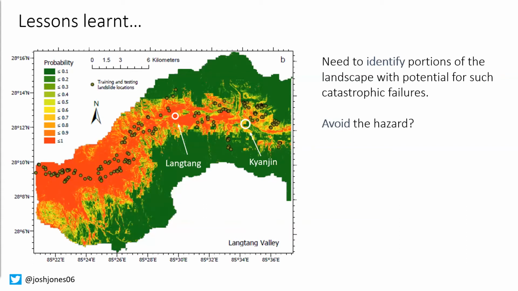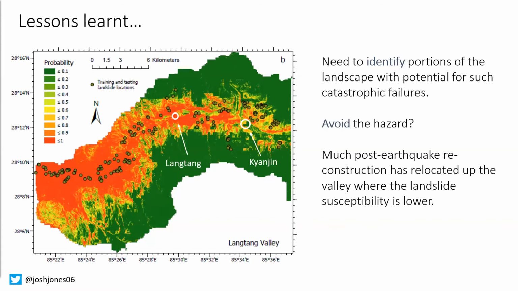There are many social, historical, and cultural reasons why people live and work where they do, and it is highly unproductive for us as Western scientists to march into another country and start telling people where they should and shouldn't live. However, when scientists engage and interact with local people, it can be possible to make steps towards avoiding these hazards. For example, since the earthquake, a lot of engagement between scientists, government, and the local community led to many people rebuilding and relocating further up the valley.